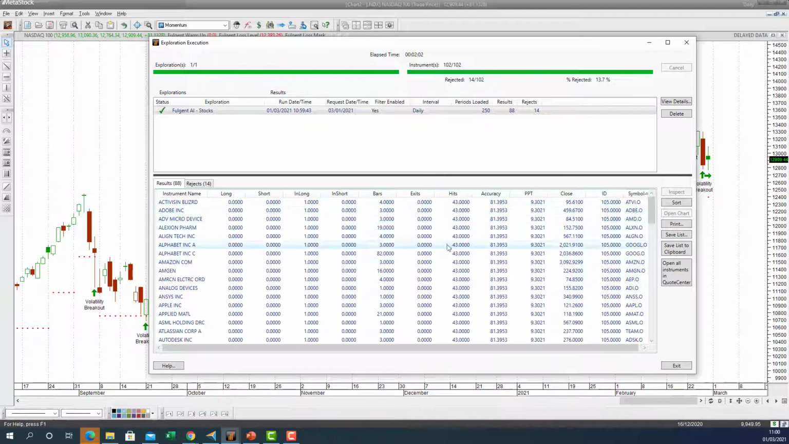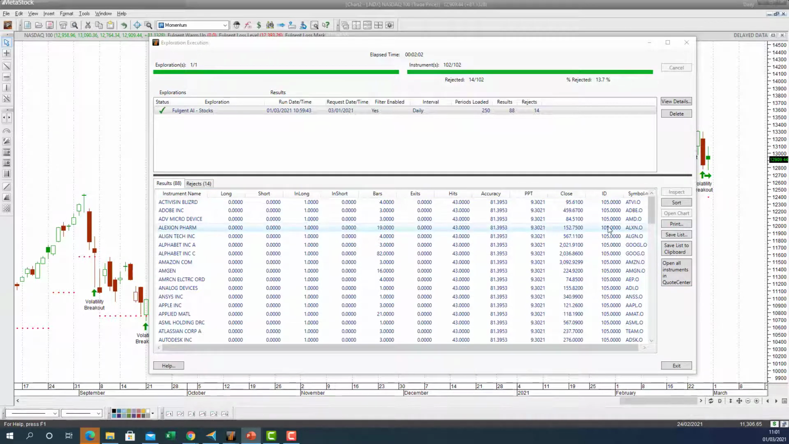Hits tells you how many times in the testing period the AI found this particular strategy to be profitable. The probability, how accurate is it? 81% accuracy with 9.3% average profit per trade. So you can see quite a nice aggressive